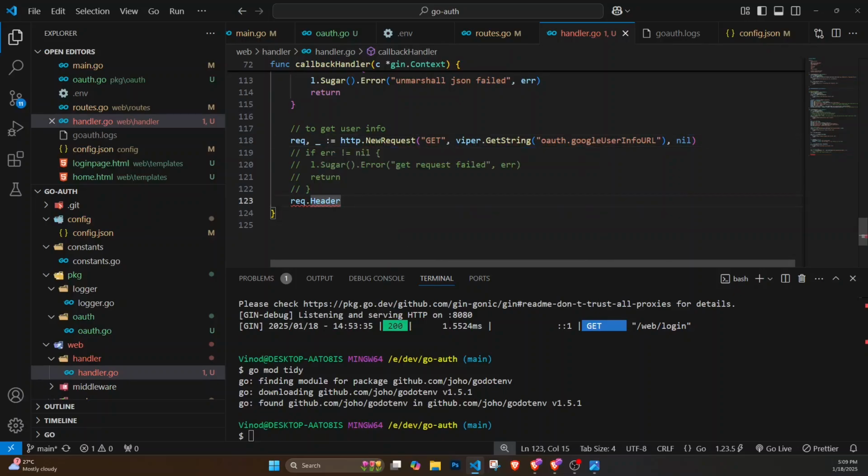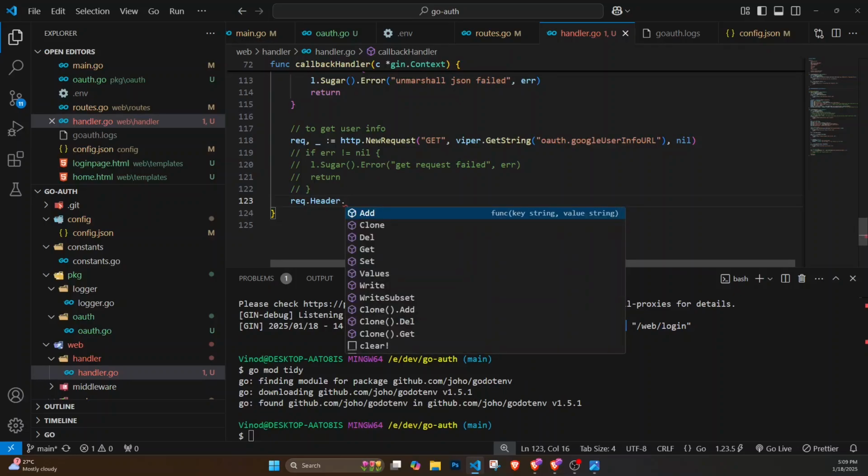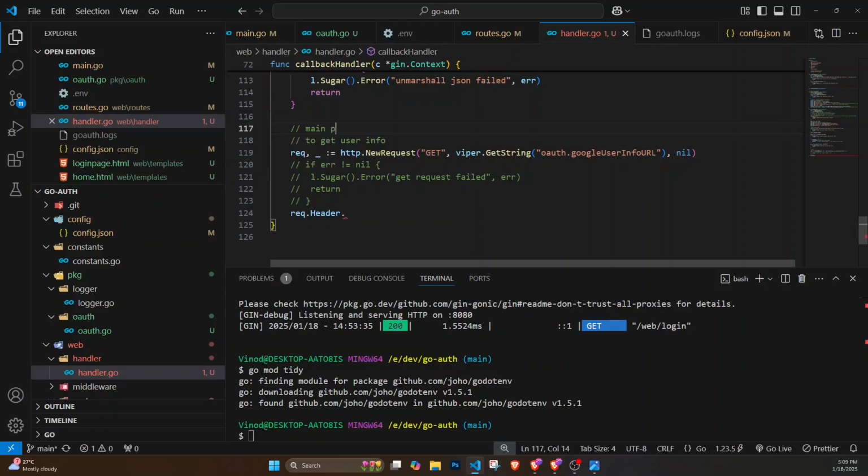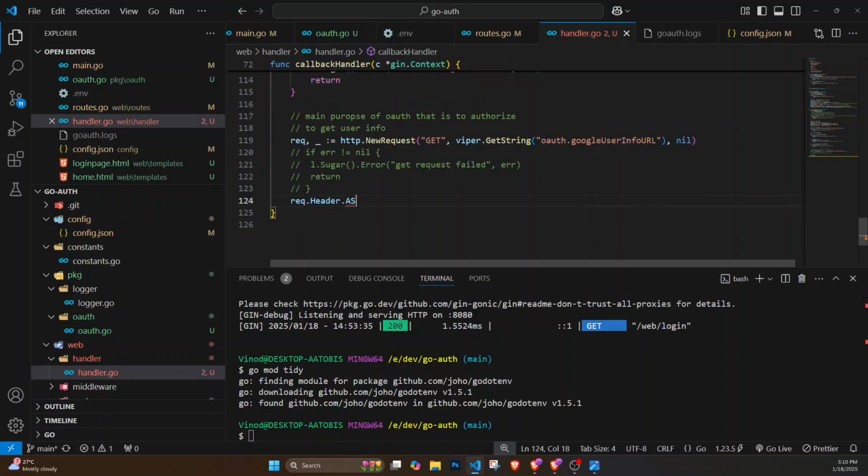That is, from now on, for every scope which we need to reach, we need to send our access token. So this is the main purpose of OAuth. Till now we've been trying to receive the access token, and after receiving the access token, the main purpose of OAuth is to authorize. So it helps to authorize things. Suppose now we need to see whether we have the authority to get the user details or not. So now what we are going to do is add